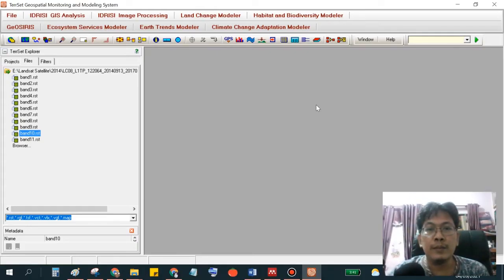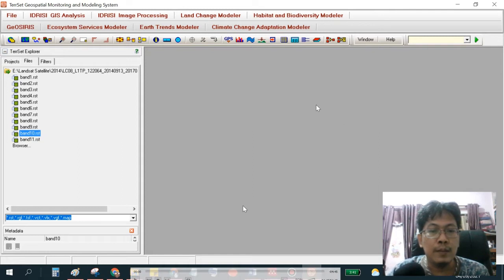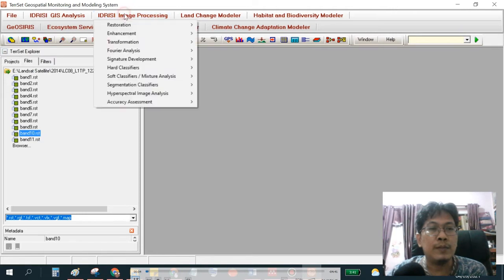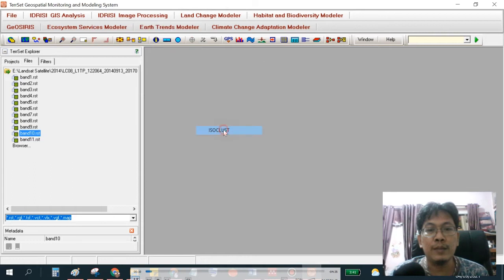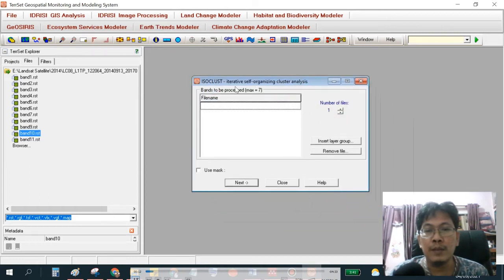Okay, now we're going to cluster the satellite imageries after we import from USGS. First, we have to open the HardClassifier using ISOCLUST, iterative self-organizing clustering, maximum 7 bands.